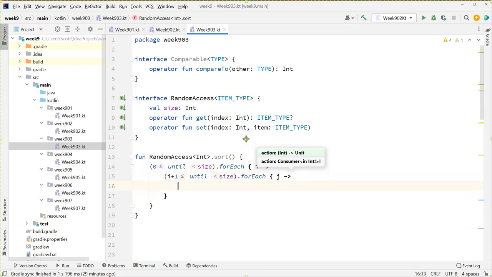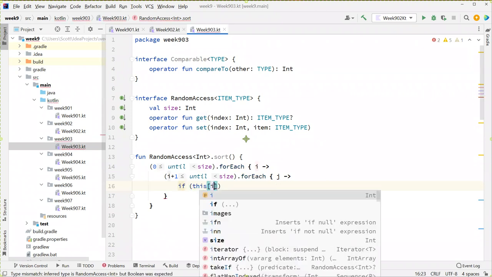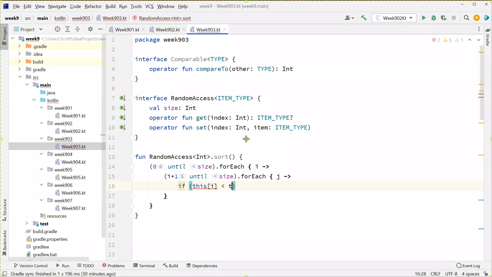I'd do a quick sort, but I don't want to spend the time writing it out and then explaining it because it's a lot of fun. So we have our really just brain dead bubble sort loops here. The big O notation on this would be n squared for the order of complexity. And inside of this, we're going to say if this sub i is less than this sub j,